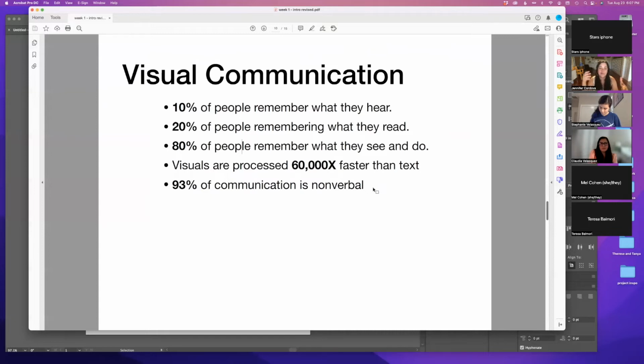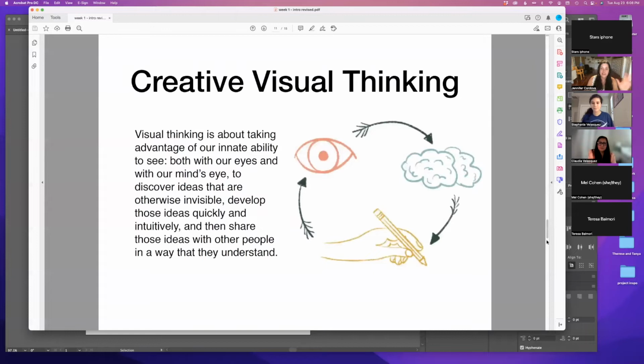And I always use an example when it comes to communication being nonverbal. People will say stuff in different tones. So you can say the same words in different ways and it will mean something else. So if you say, I'm not mad, or I'm not mad, you can say things and it's like, you're saying these words, but I don't think you're really communicating exactly what those words mean. And design can do the same thing. So regardless of what the words are in your design, everything else associated with that design is also communicating something to your viewer. So creative visual thinking is another phrase that I will use a lot.